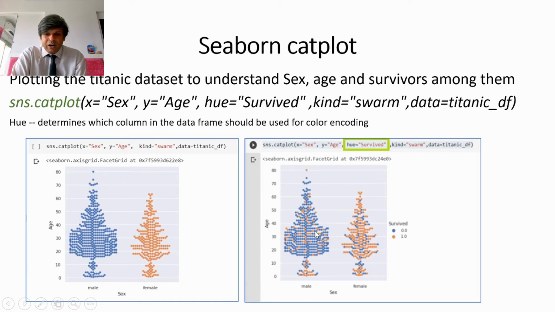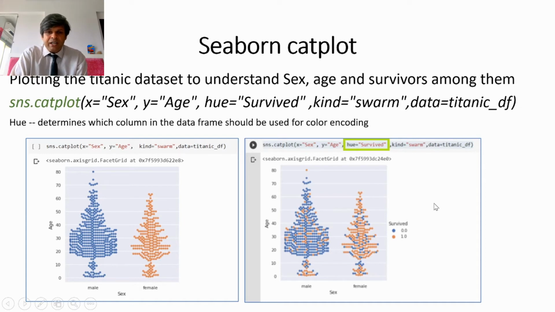So we know, okay, within the male passengers of which age, all the orange ones are the ones which survived. So even by looking at this graph, we can gauge that in this incident there were more female survivors than the male survivors. So that is the conclusion which you can draw looking at this graph.